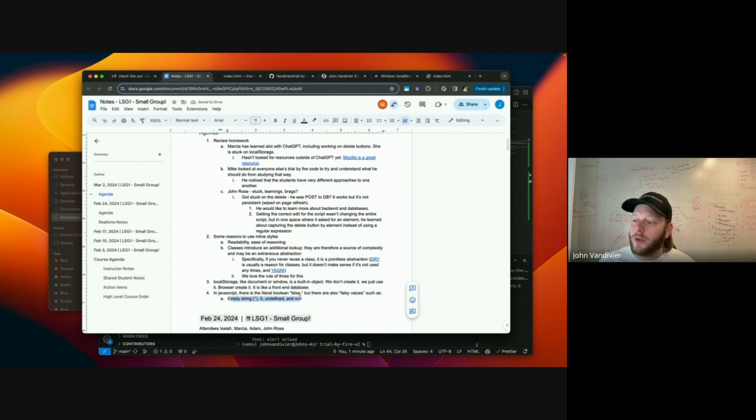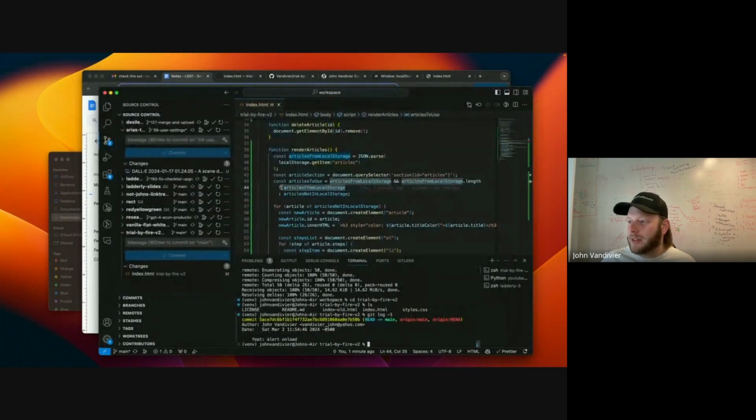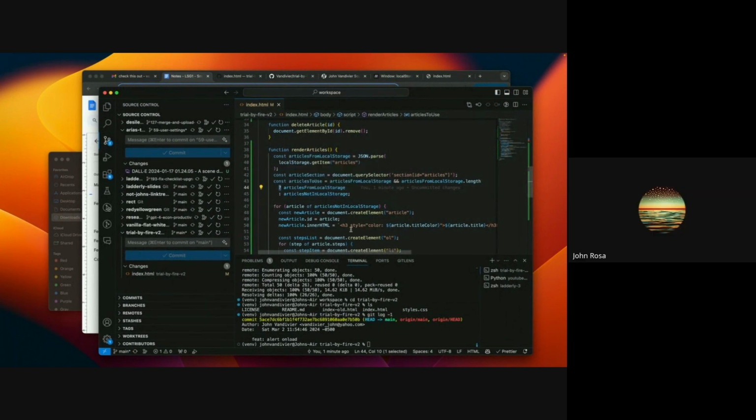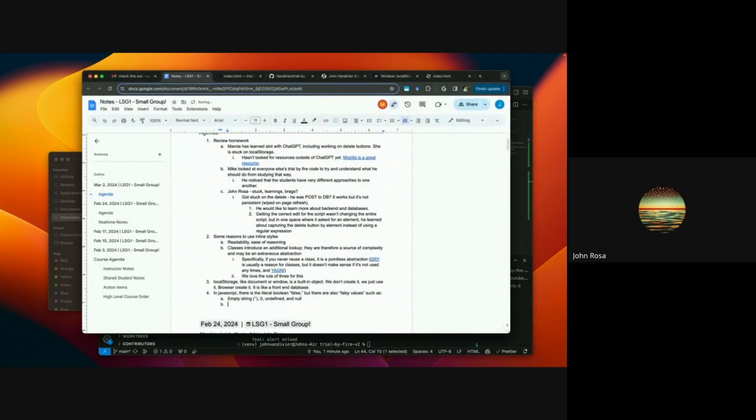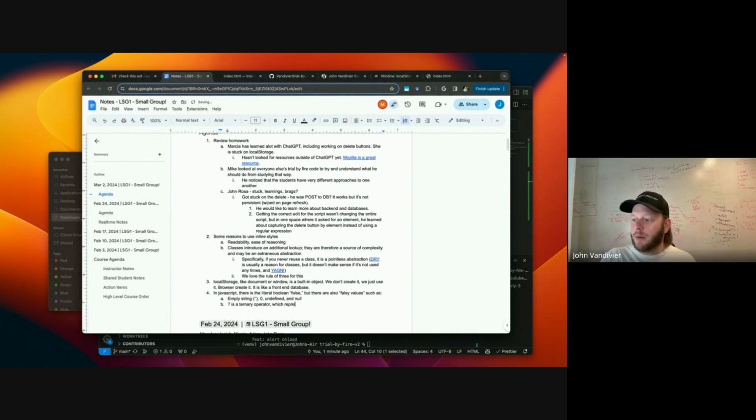These values are called falsy. They're all treated as false in if conditions. And this is a ternary syntax, which is basically an if condition. So is it that the local storage is not there, or there's just nothing in the local storage?